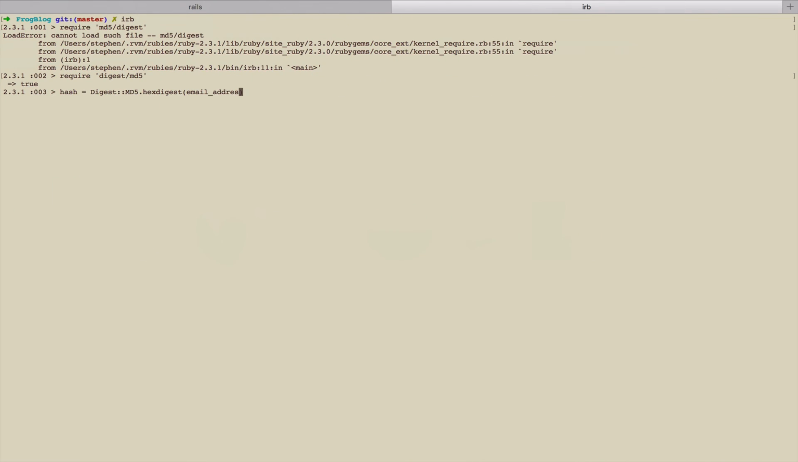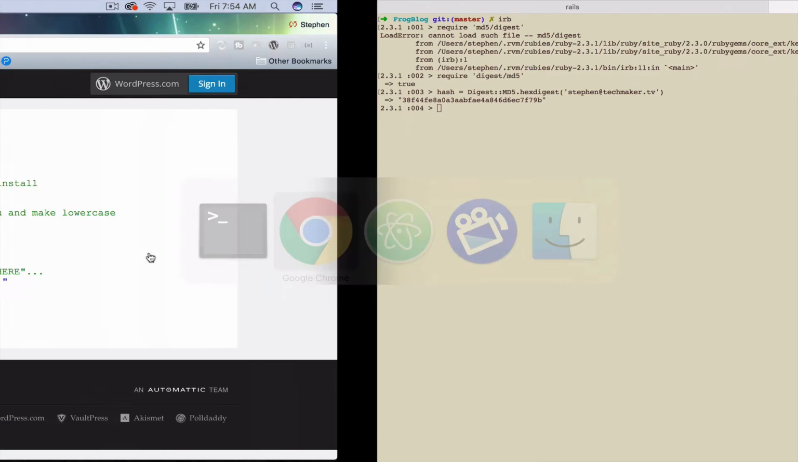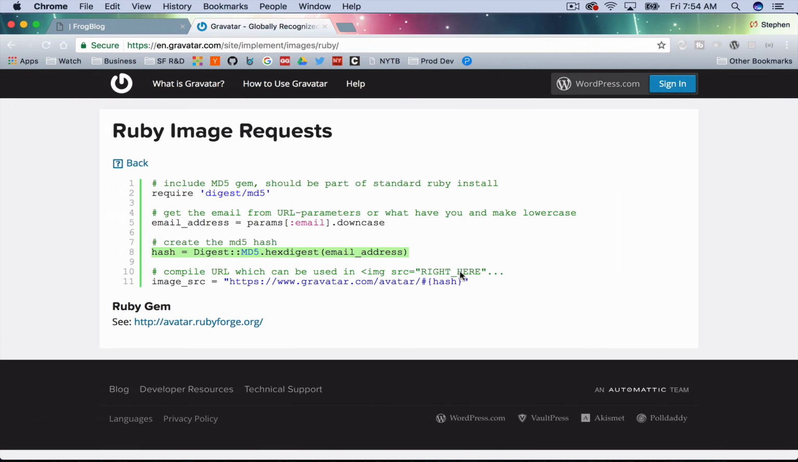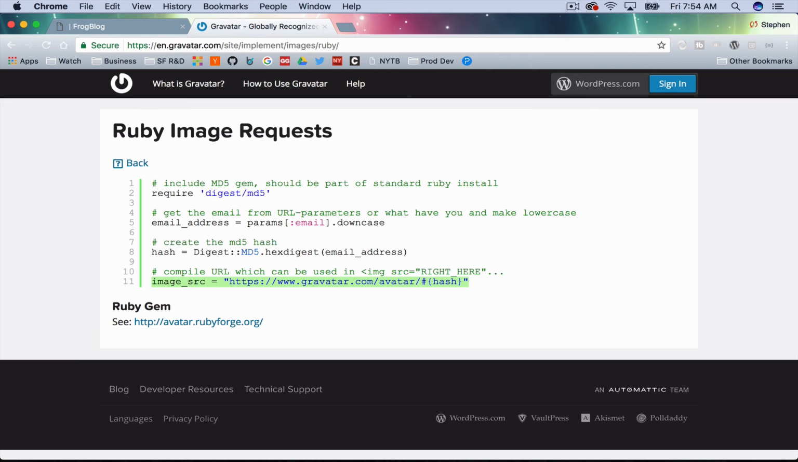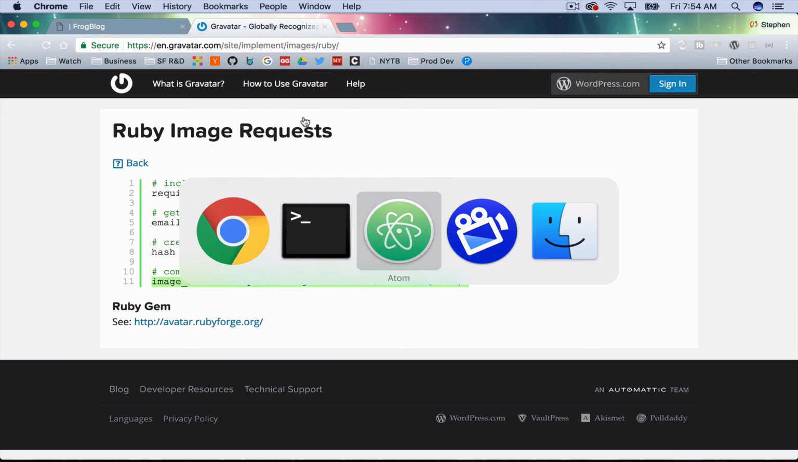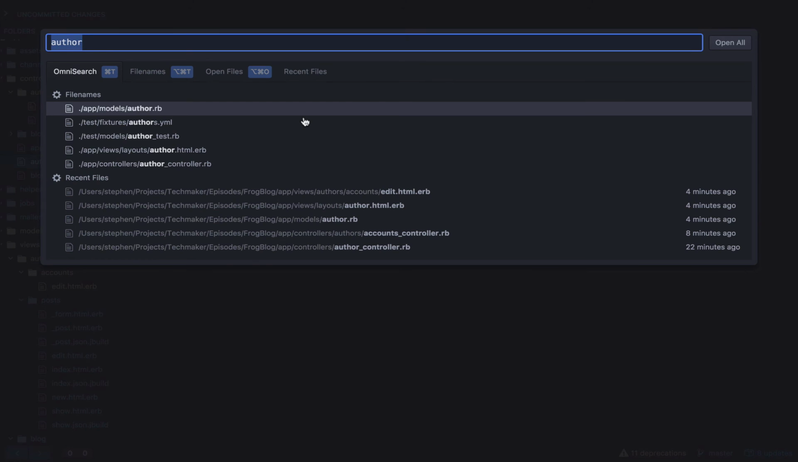So basically, if we take an email and put it in there, it gives us a hash key. Actually, let me just copy this, and it gives you a link to an image. So if we Google this, that's my avatar. Okay, so simple, simple, simple. So let's go back to our author model,